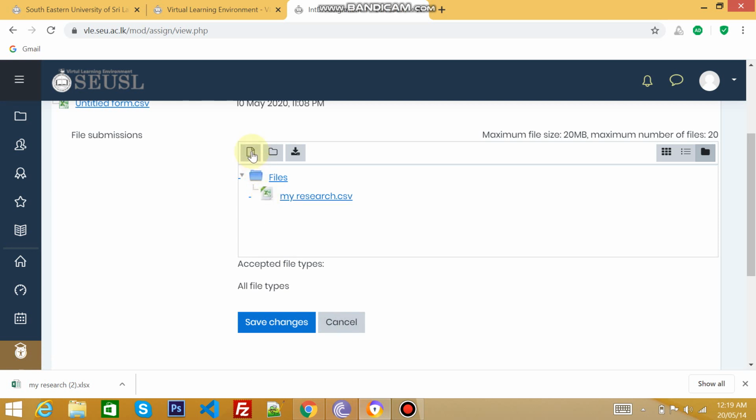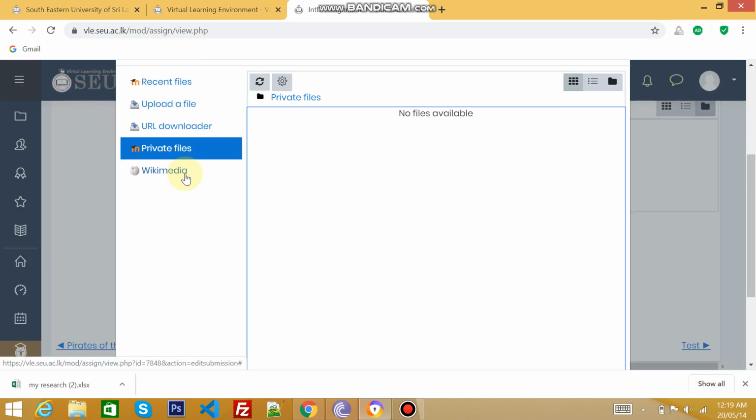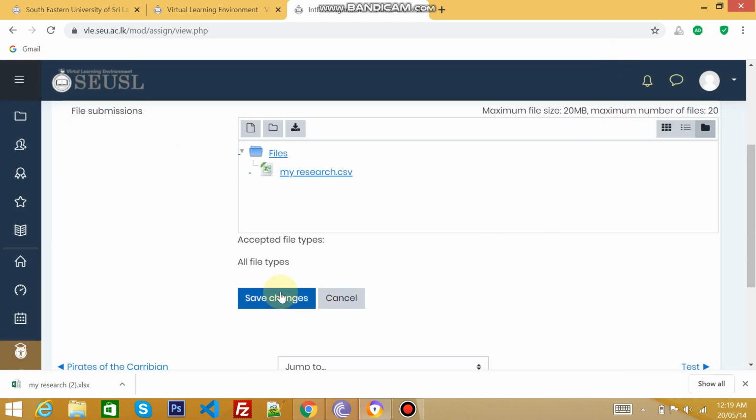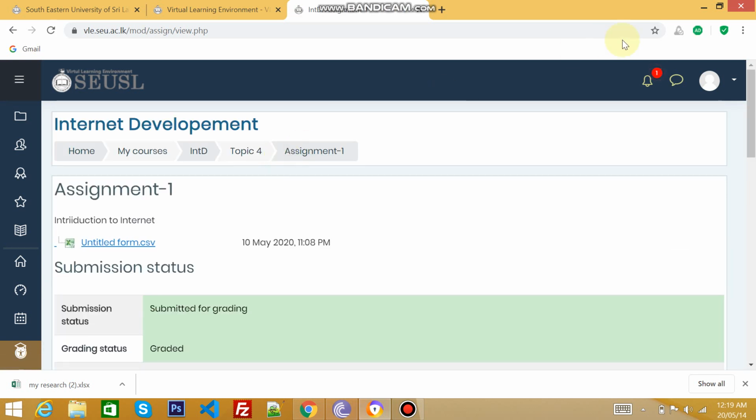Or else you can upload your file from your private files also. If you already uploaded a file in VLE, you can upload from your private files if it is available here. So if you confirm, then you can save it. Once you save it, this file will be sent to your lecturer for the review.